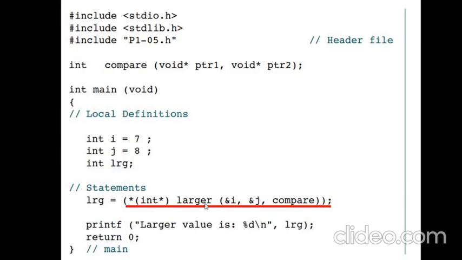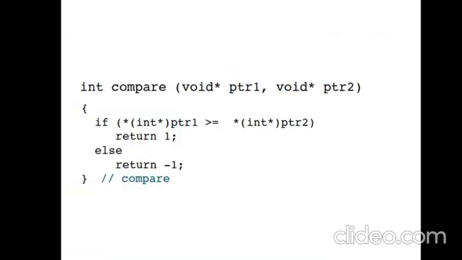Generally, we don't normally come across these kinds of programs, but it is also possible to write functions this way. So we are indirectly passing one function as an argument to another function, and this is the simple logic behind the compare function. It takes the two values, compares them, and returns 1 if the first is greater, else it returns -1.